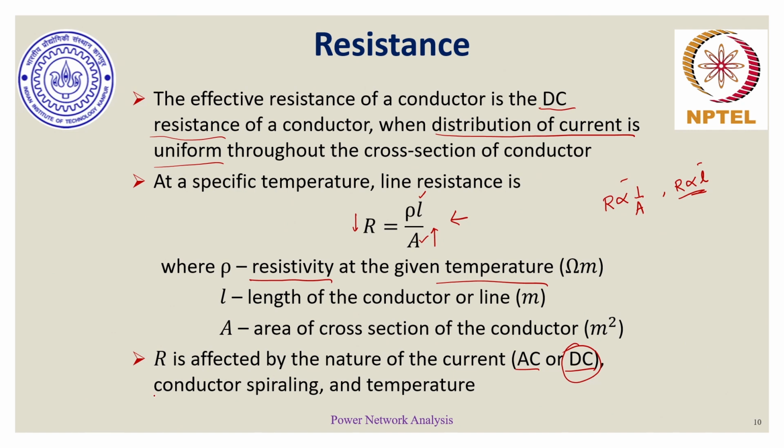The conductor spiraling, as I mentioned, increases the mechanical strength. So spiraling tends to increase the effective length of the conductor, so the overall length may be more than the actual length before it was spiraled. So effective resistance tends to go up there. Operating conditions like weather also increase or decrease the value of resistance. In hot, dry weather, the resistance value could be higher, whereas in cold, dense weather, the corresponding